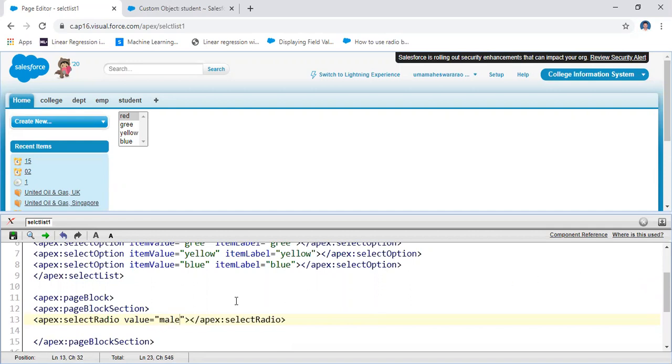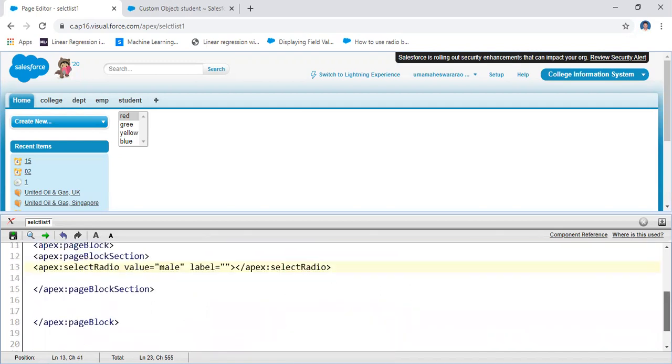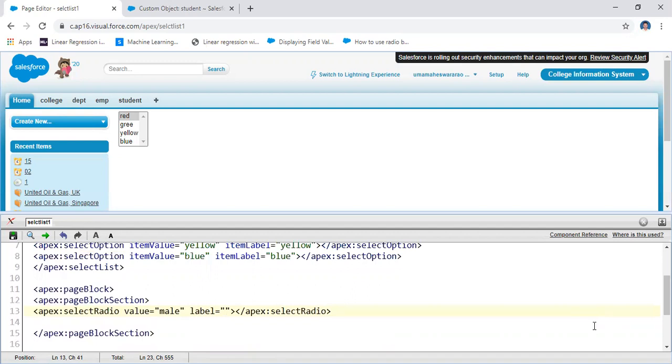And then another important control. Here you may take another important value. For example, I may take the id, and the label is also one of the important ones. For example, I'm taking male as a label.